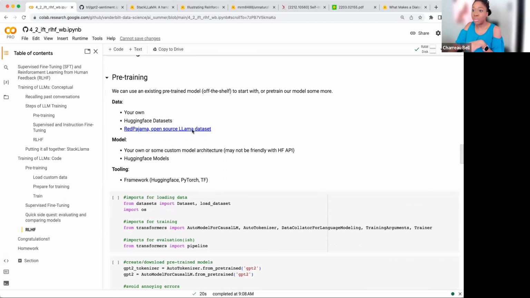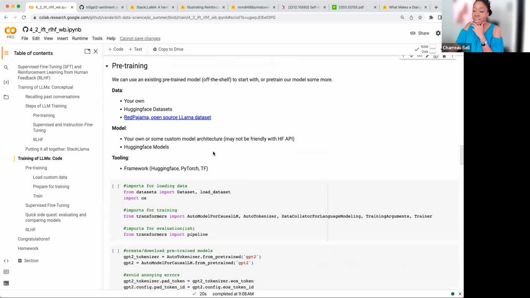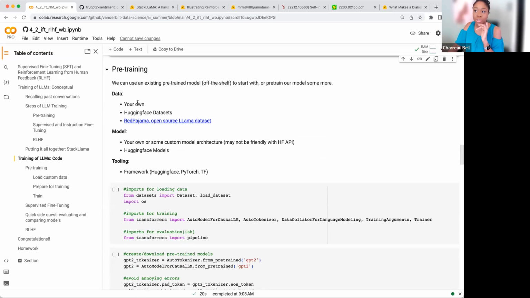Now make sure you've run this at the top. Sorry, we're scrolling here. Make sure you run this because we need these packages in our space. And so when it comes down to any individual person here who might be thinking about fine-tuning their large language model, you might not need to do any pre-training, or you might need to do some pre-training. It depends what you need. So one, if you have your own data, this might be a great moment to use that data. Also, there are lots of data sets on Hugging Face that you can use to pre-train your model with a little bit more information.